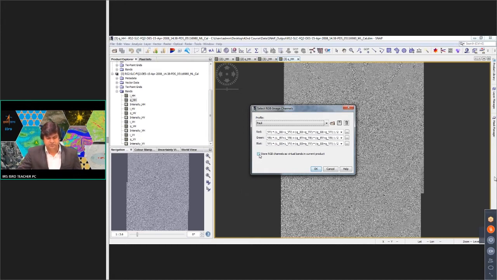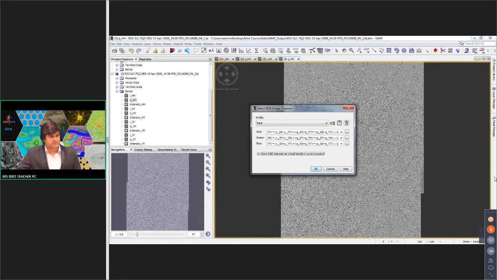And if you want to save that RGB, simply click on store RGB, so that the RGB will be added here as a channel. Suppose I'm going to click store RGB for the Pauli, so it will be added here. If you compare, the formula is similar. The formula for the